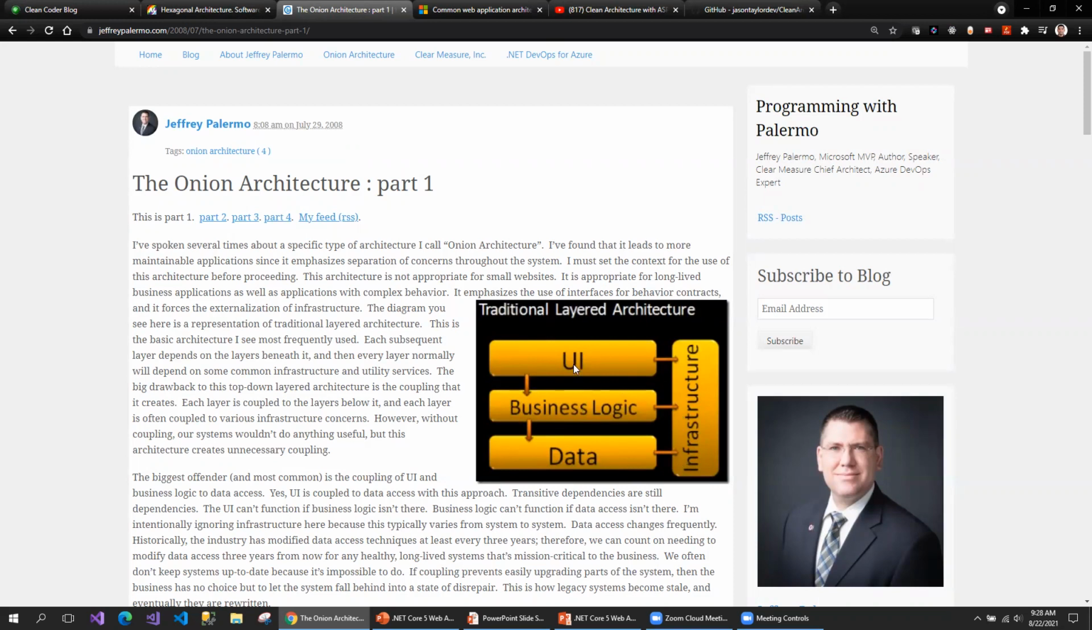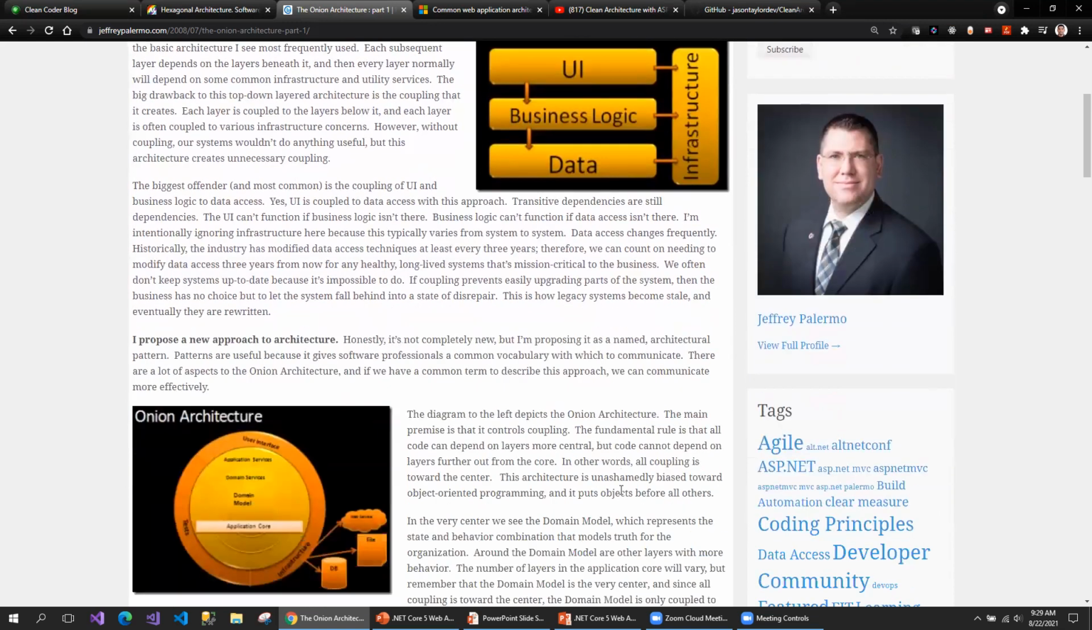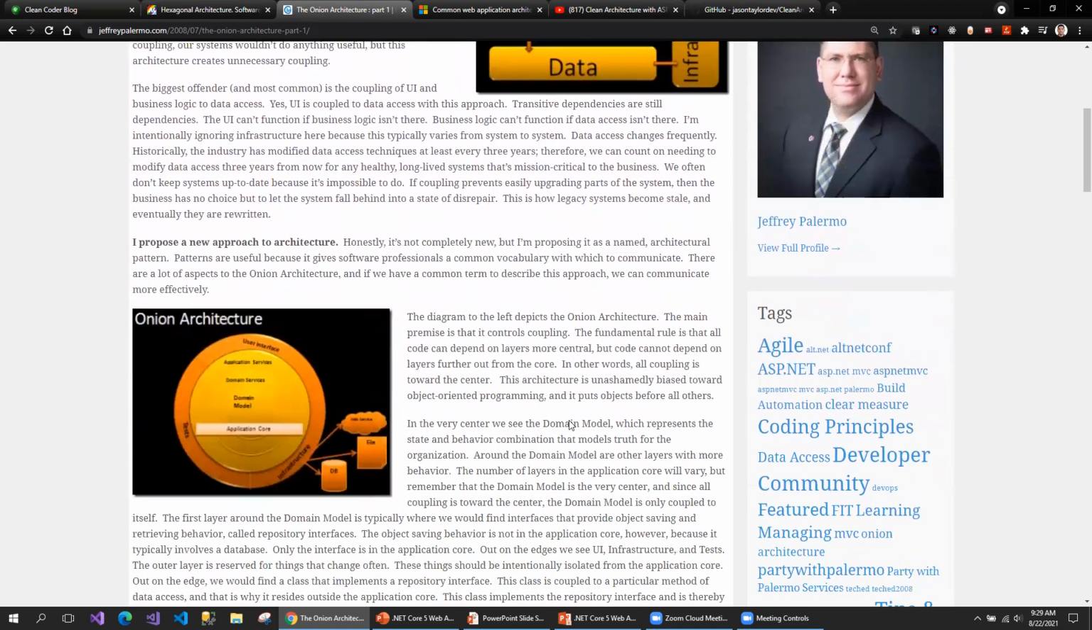UI depends on the business logic project, which depends on the data access project, and all three depend on the infrastructure project. So this is tightly coupled with each layer. To avoid that, he proposed